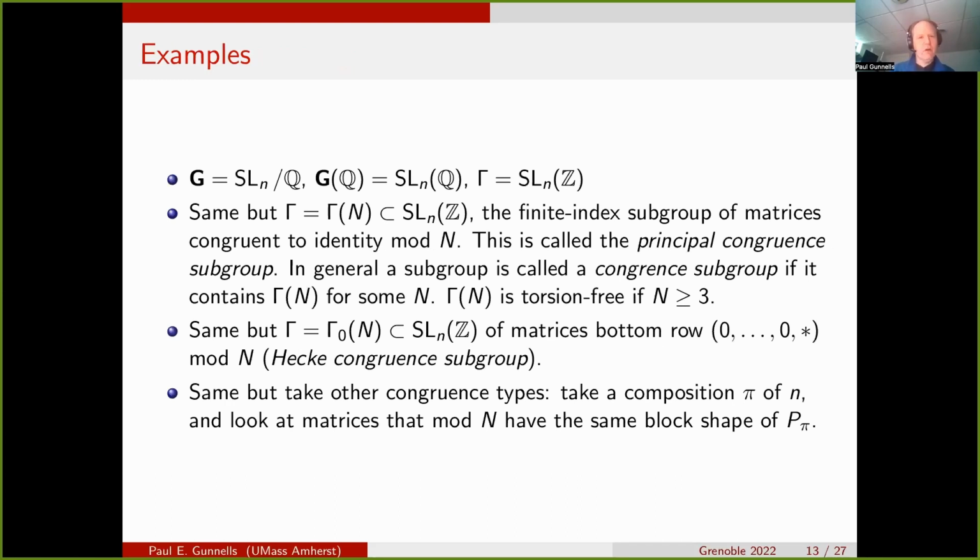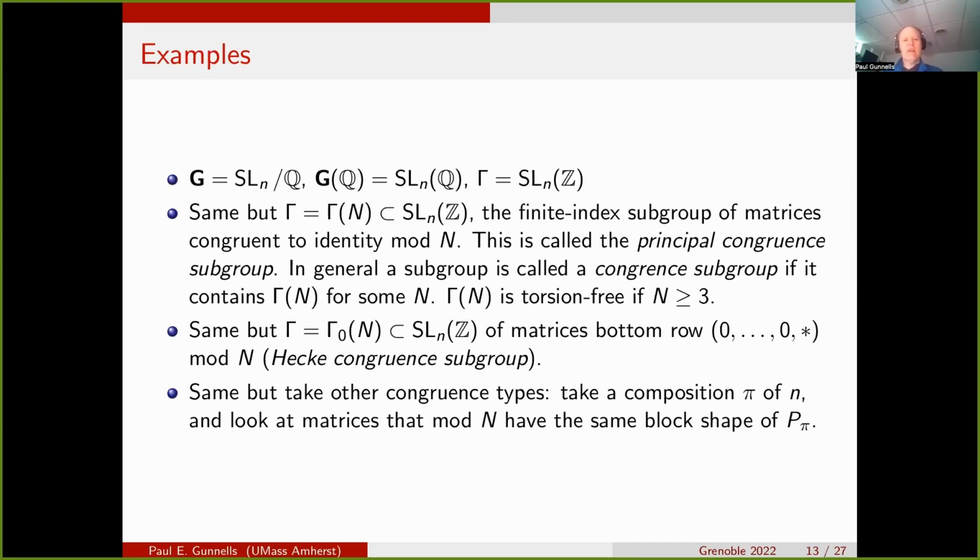Okay, so here's some more examples. Let's take G to be SL_n over Q, so determinant one matrices with rational entries. The rational solutions to that are just SL_n(Q). And then if I take gamma to be SL_n(Z), that's an example because G(Z) is exactly that. That's certainly a big, interesting group that we're going to have quite a bit to say about, hopefully, and you're going to definitely learn a lot more about that group this week.